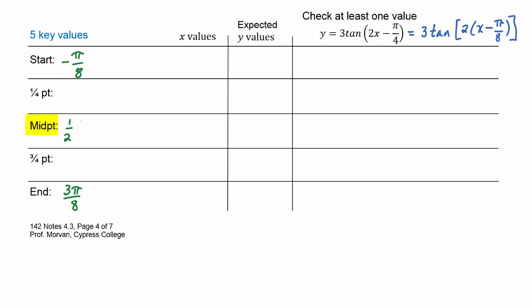We add them up and divide by 2, which is just multiplying by 1/2. So we've got 1/2 of the quantity negative pi over 8 plus 3 pi over 8, which is 1/2 of 2 pi over 8,